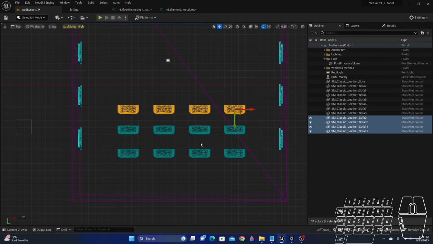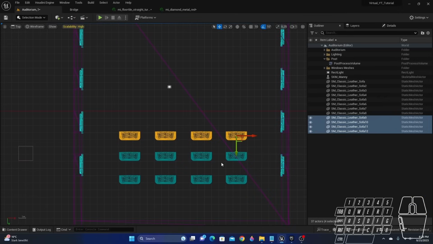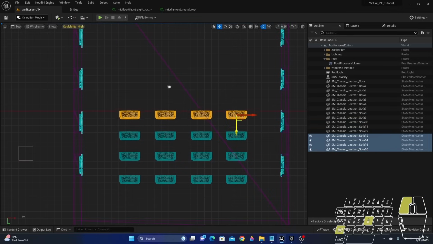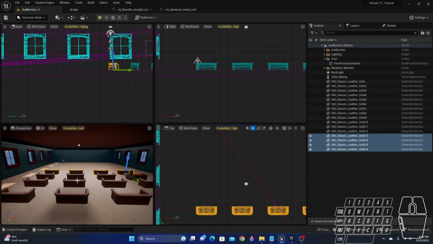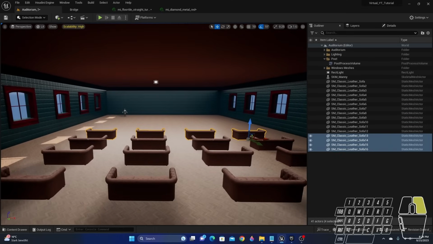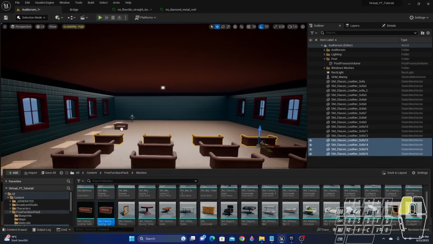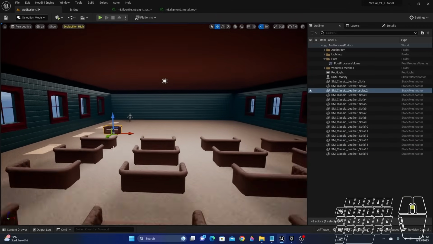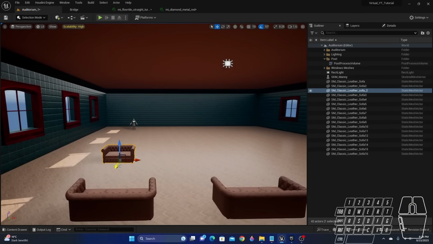Just make another row. 3 rows are sufficient, or else you can create one more row like this, and then let us put the 2-seater. Rotate this,